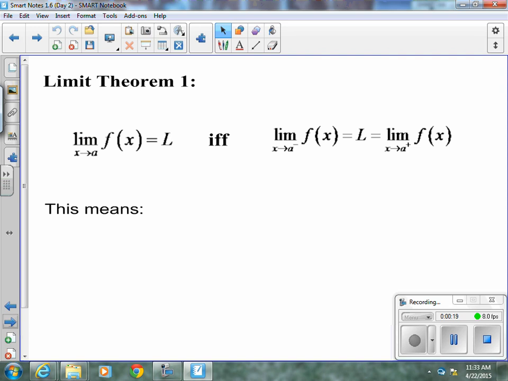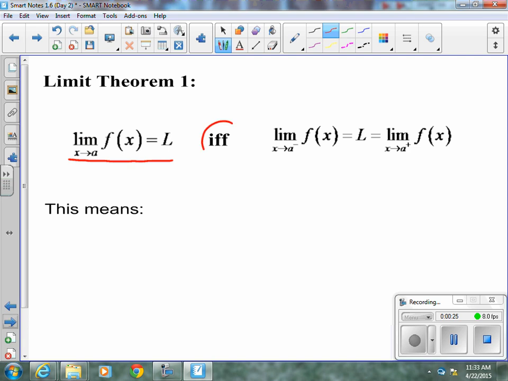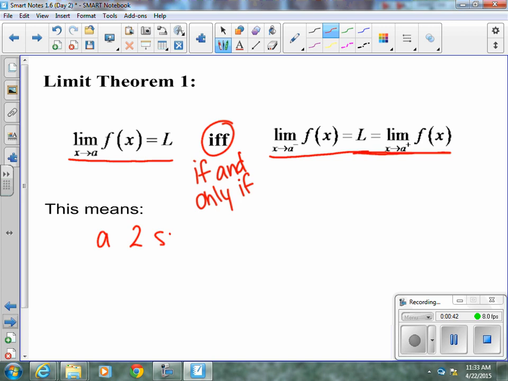If you look at this notation, it says the limit of f of x as x approaches a equals L. I don't know if you know what this symbol means, but it means if and only if the limit as we approach from the left equals L, and the limit if we approach from the right equals L. Just like we talked about yesterday, a two-sided limit exists